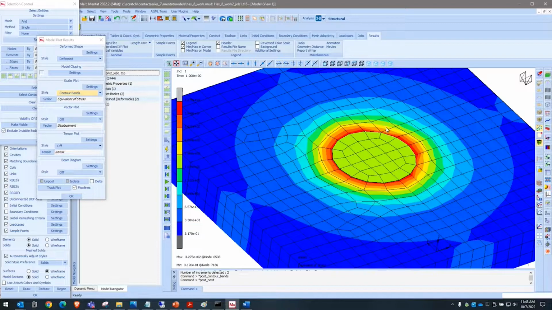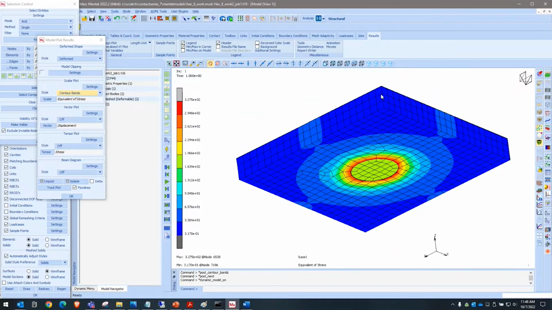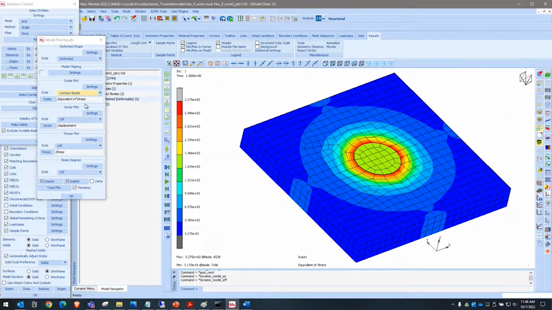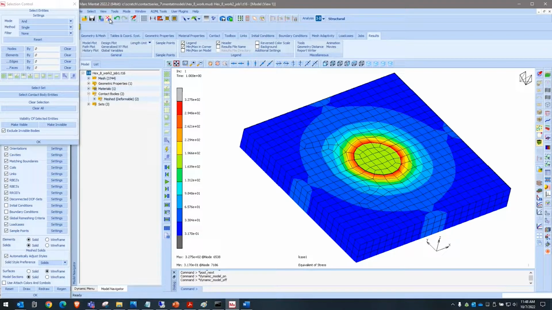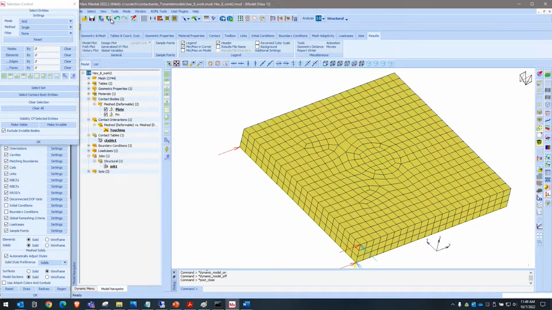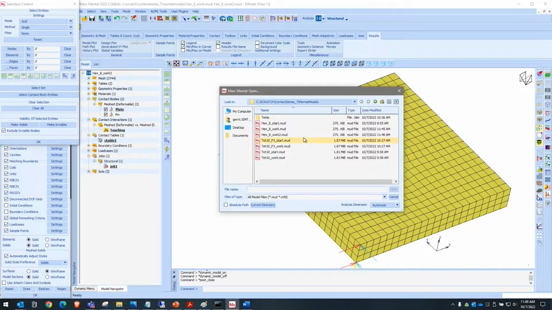Okay, so I get the same kind of pretty picture in terms of what the stress distribution is. This is on a perfect model where it was pretty easy to get this working, whether I use the interference fit physically meshes overlapping by 20 microns or whether I projected. Pretty much all of them gave either the same answer or very, very close to the same answer. Now, let's first show a good